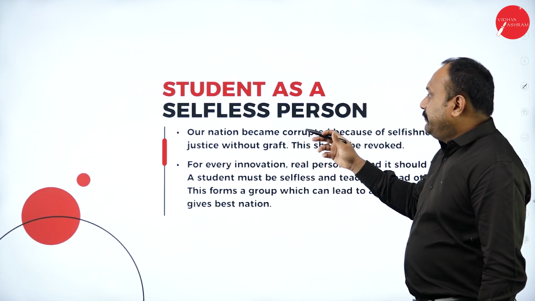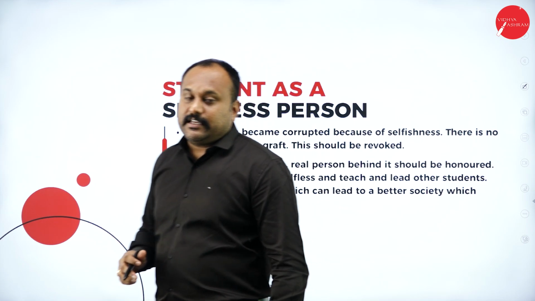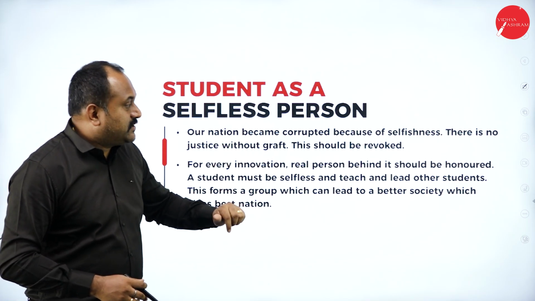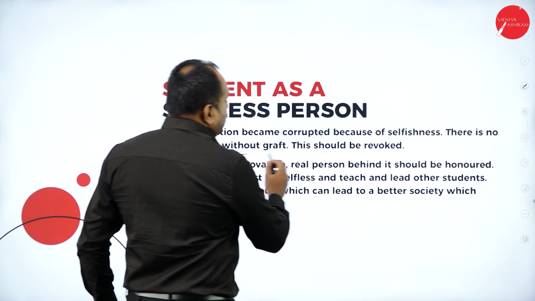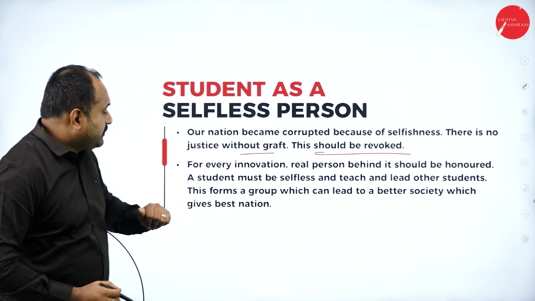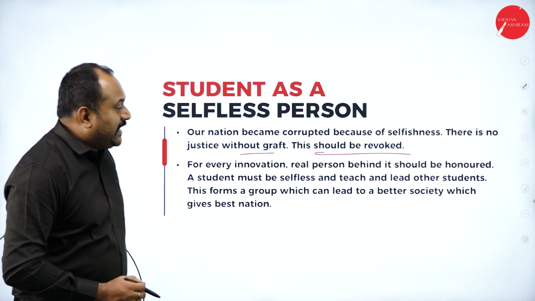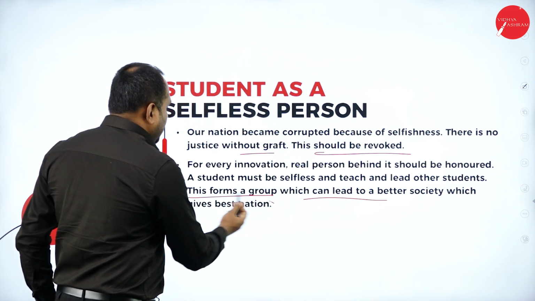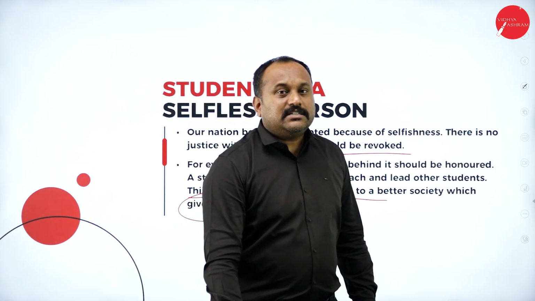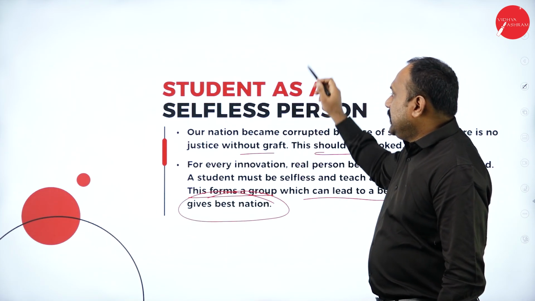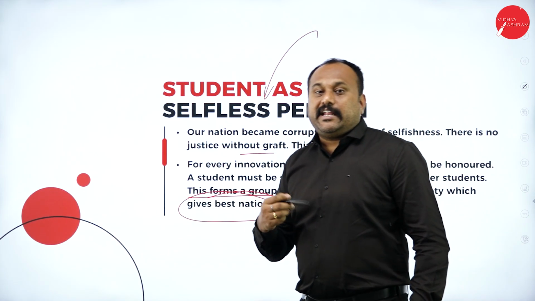He should be holistically developed. A student is a selfless person. He should not just think about himself. He should think about the nation. A nation becomes corrupted because of selfishness. There is no justice with graft. This should be revoked. For every innovation, the real person behind it should be honored. A student must be selfless and teach and lead other students. This form of group can lead to a better society, which gives the best nation. See, once a person who is corrupt was a student, no? So when he was a student, if he had been a selfless person, he would not take that corrupted